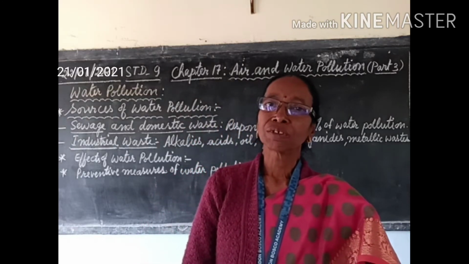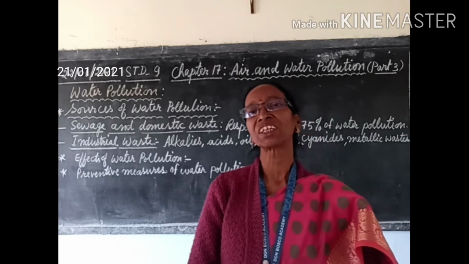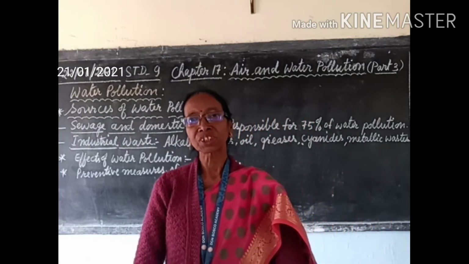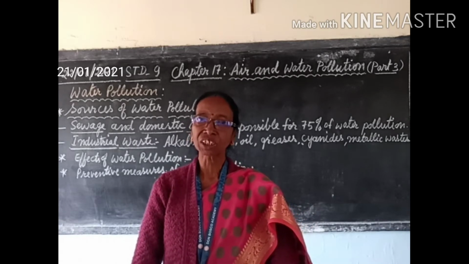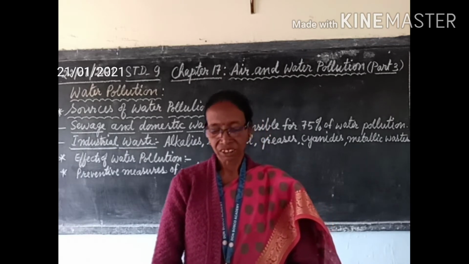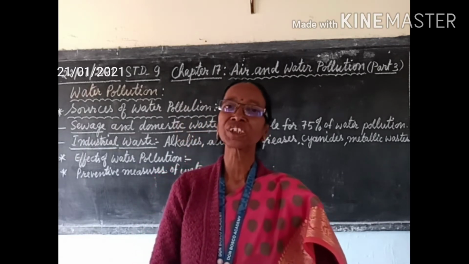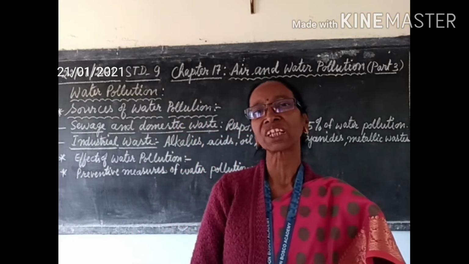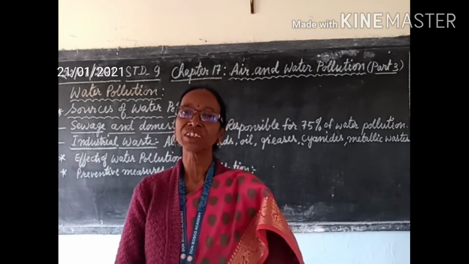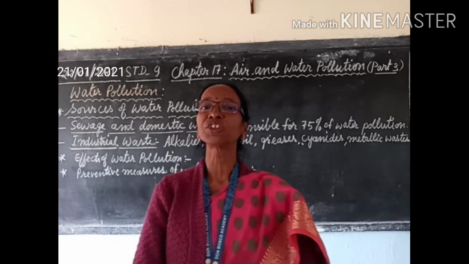So whatever waste material is dumped, or through the sewage from the kitchen, from the domestic area, when water, after using it, polluted water, reaches through drains to the river or surface water body, that also increases pollution in the